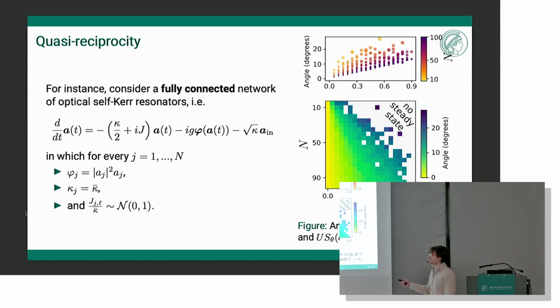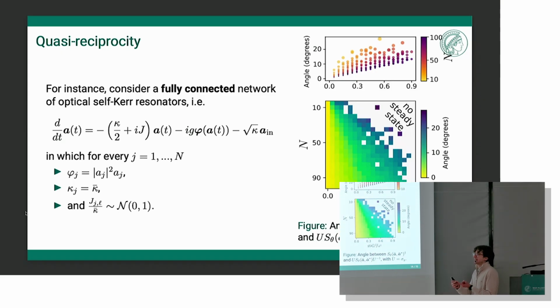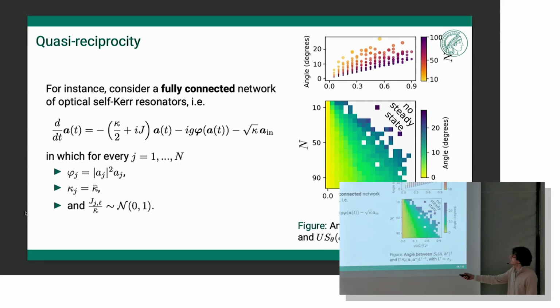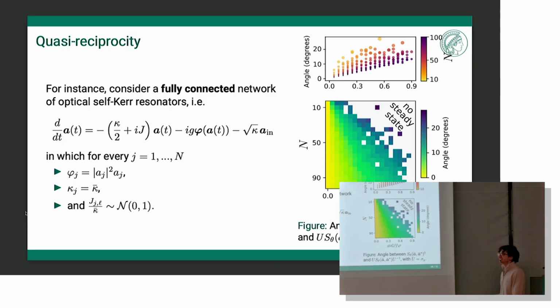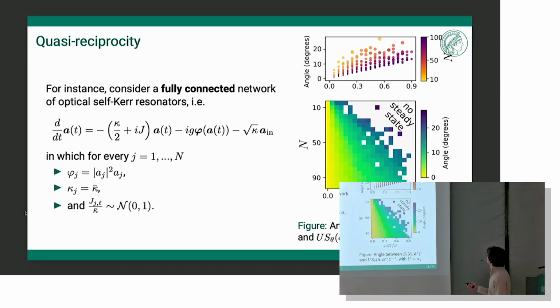Basically, you can prove that the angle between the true gradient and the approximation that you get with this method is linked to the angle between these two matrices. Now, this depends on so many things, like the losses, how you sample your parameters, and which kind of nonlinearity you have. Here, for instance, the plots are for the Kerr nonlinearity. What happens is that if you do have a steady state, then you also have a system which is quasi-reciprocal, in the sense that you can train, as you will see. And in this case, even if you increase the number of nodes, the better the reciprocity becomes.